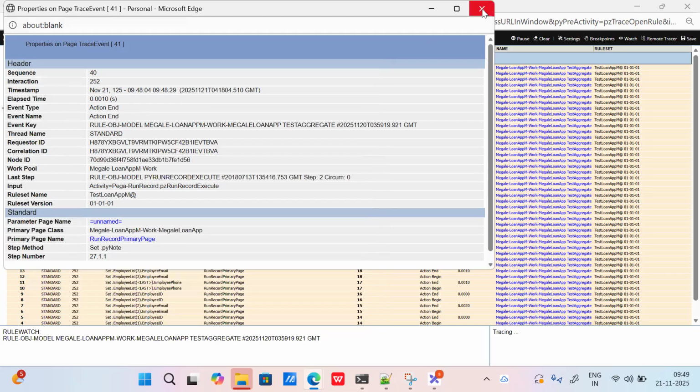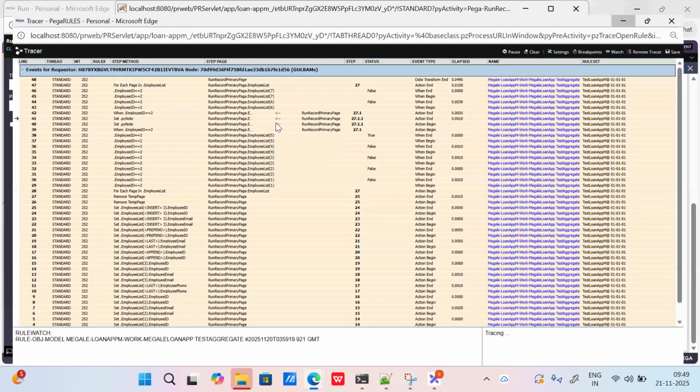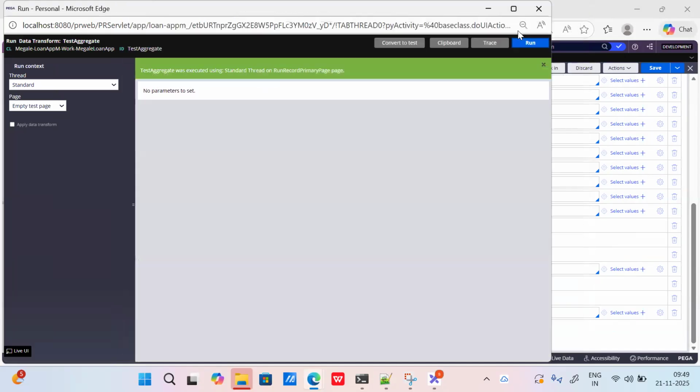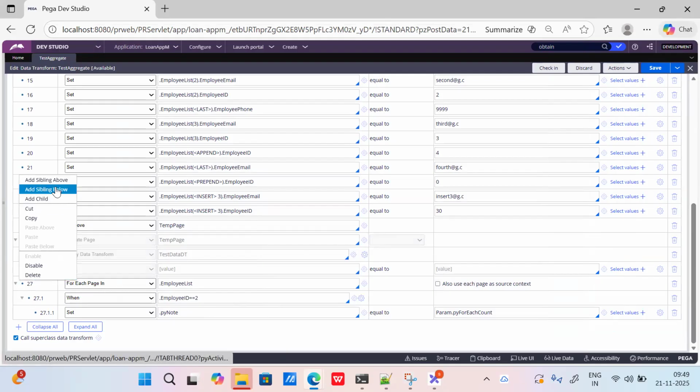I just close this here. Whenever that got evaluated to true, you're setting inside the context of the data class. What does that mean? If I close this one and click the down arrow, it is taking the context of the data, Meghalaya Loan App data employee, right? I don't want it in the context of the Meghalaya data loan. I want to set it once the loop is completed. So I want to set it on the work context. Add sibling below.